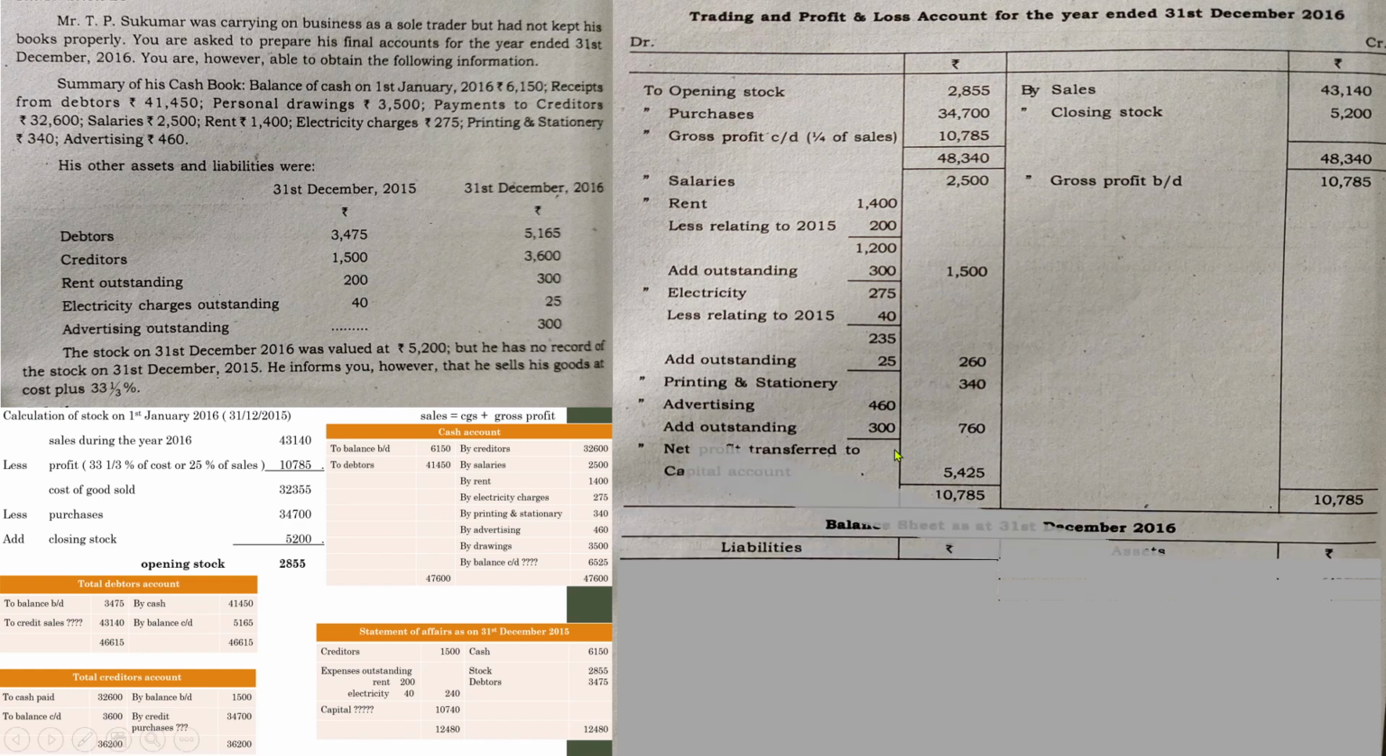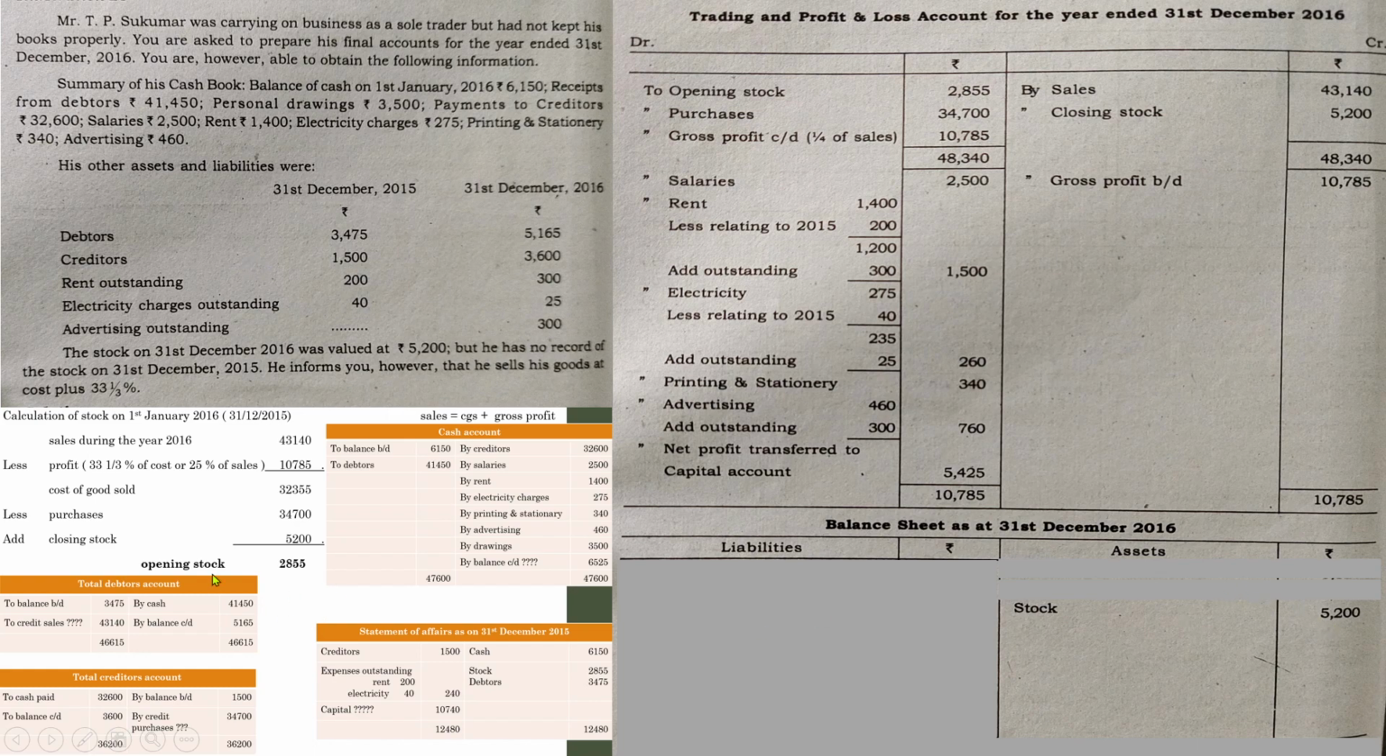Now let us prepare the balance sheet. Again, the balance sheet is prepared on the closing date. Closing date is 31st December 2016. So the balance sheet as on 31st December 2016 is given. So let us begin with the first one. Closing stock,